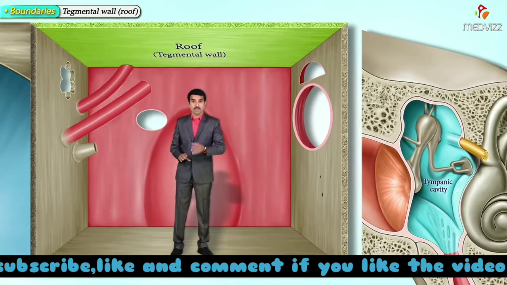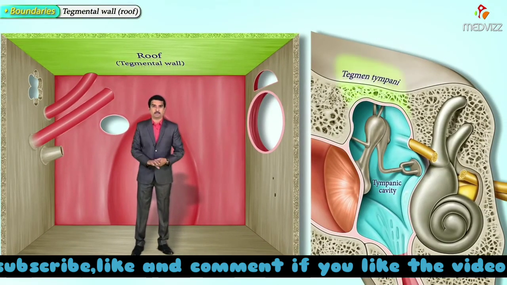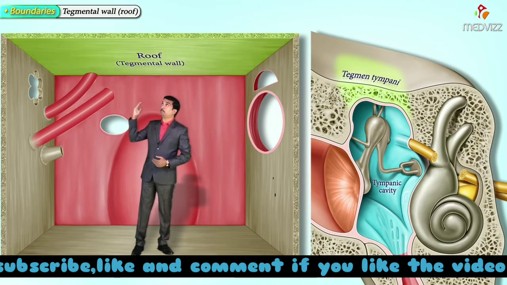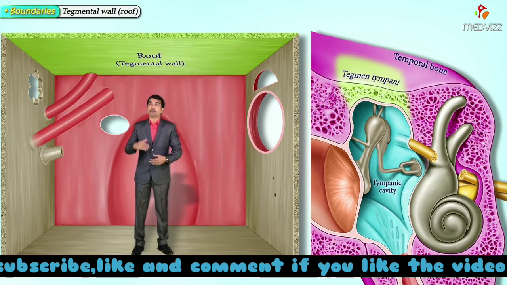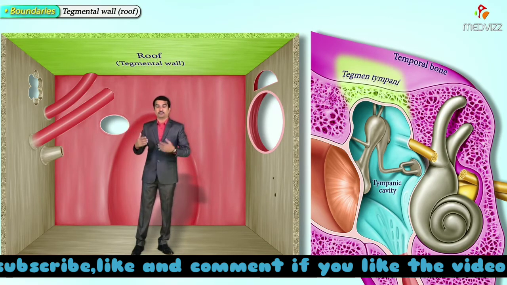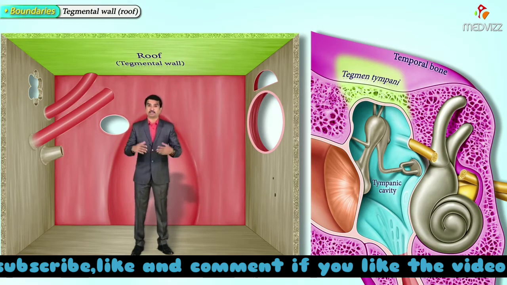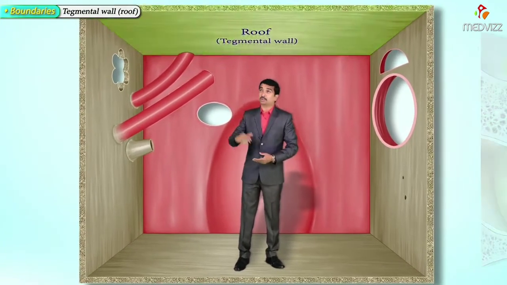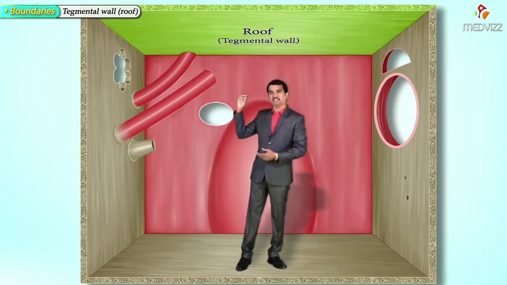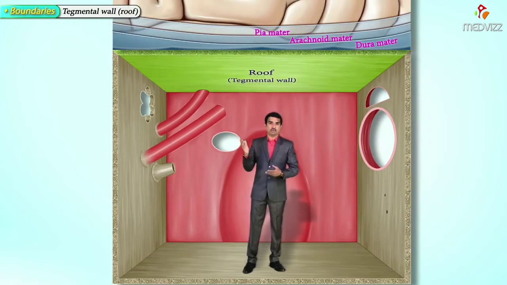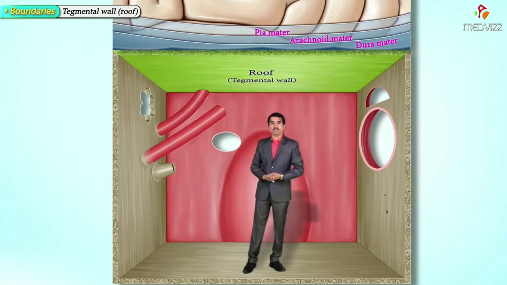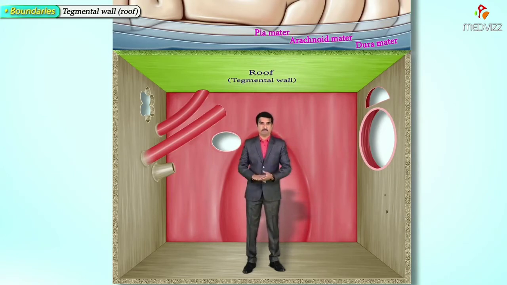Because it is formed by the tegmen tympani, which is a thin plate of the petrous part of the temporal bone that forms the roof of the canal for the tensor tympani muscle and the tympanic antrum. So this roof separates the dura mater, which lies at the floor of the middle cranial fossa, from the tympanic cavity,